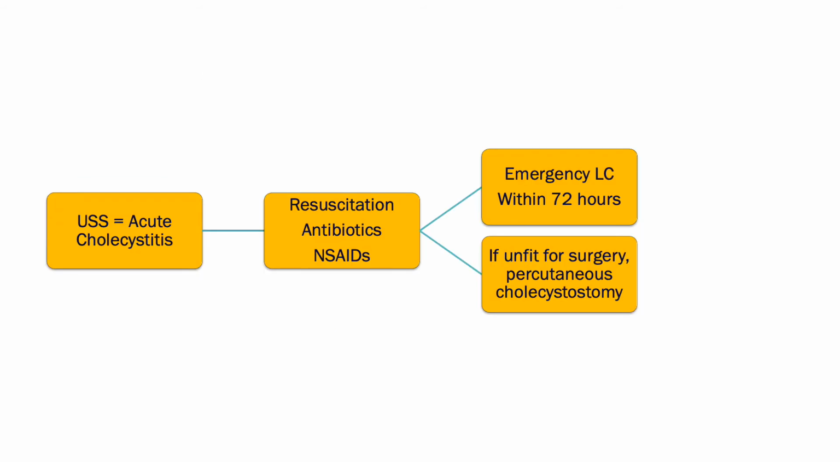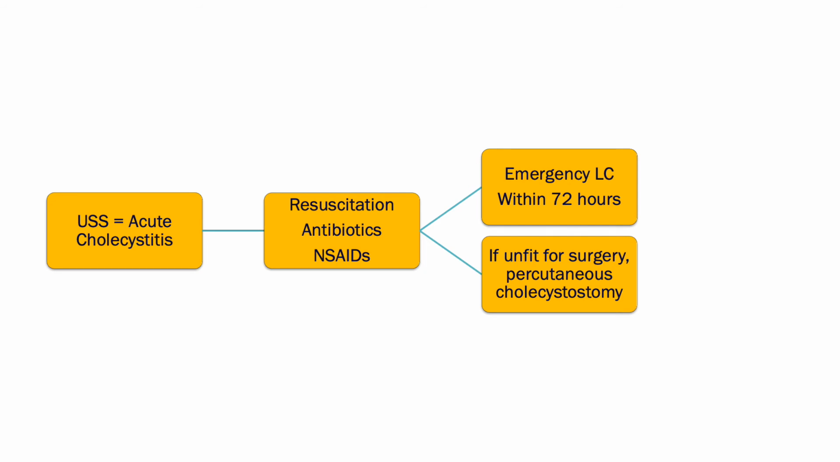This pathway talks about the management of acute cholecystitis and is thankfully a little bit simpler. So if you have ultrasound findings of acute cholecystitis, initially you want to resuscitate the patient and make sure they're hemodynamically stable. You give IV antibiotics and you give NSAIDs as well. Ideally, you want to do a hot lap chole